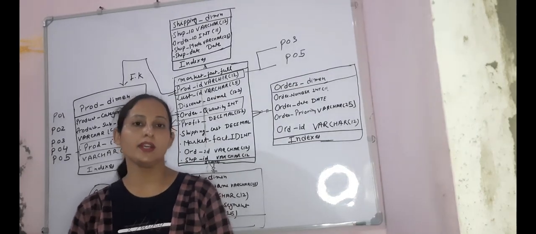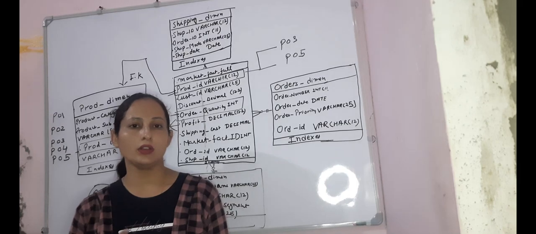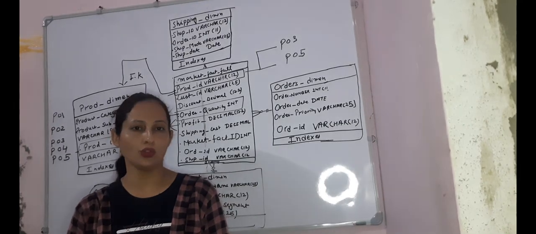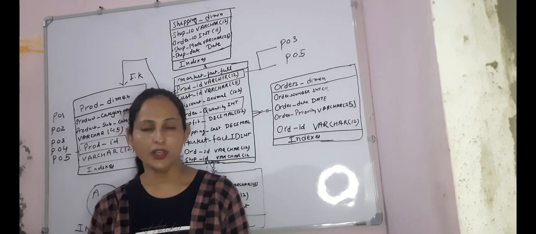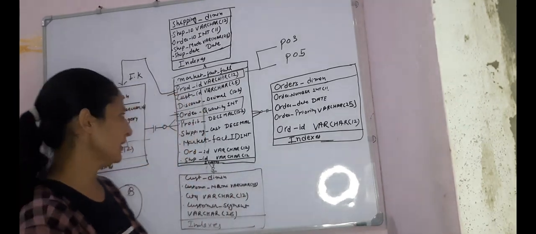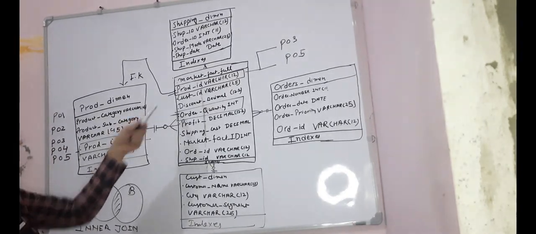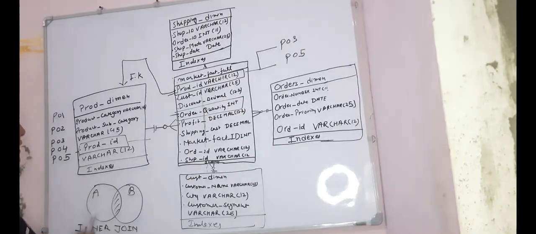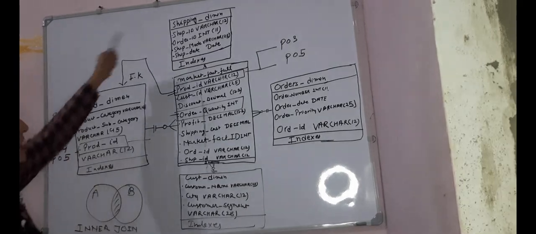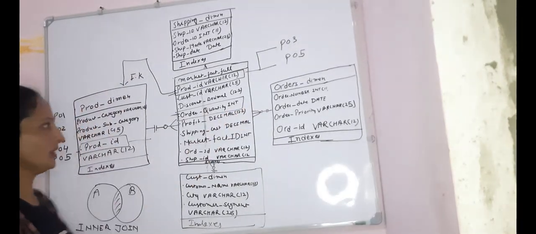Inner join is the most important join in MySQL, which has answers to many questions we really want from our database. So we have with us the market fact table which we have used in previous exercises. This is a central table, market fact, and we have four other dimension tables: product dimension, shipping dimension, customer dimension and order dimension.